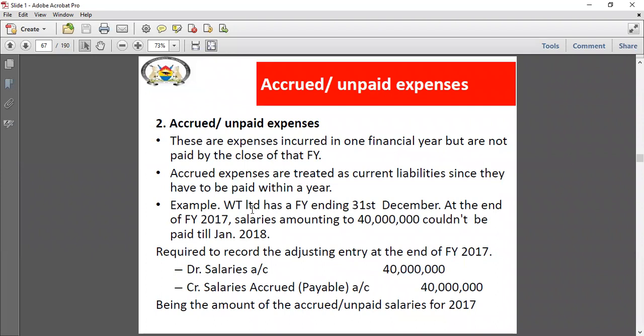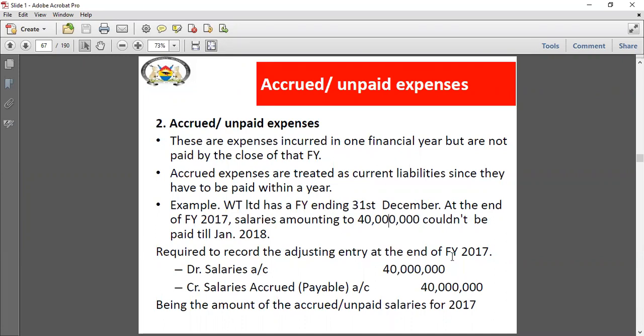Till January 2018. So at the end of the financial year 2017, we had an accrued salary amount of over 40 million. So they are saying required, record the adjusting entry at the end of the financial year 2017. Now, the double entry for this is us debiting salaries with 40 million and crediting salary accrued or accrued